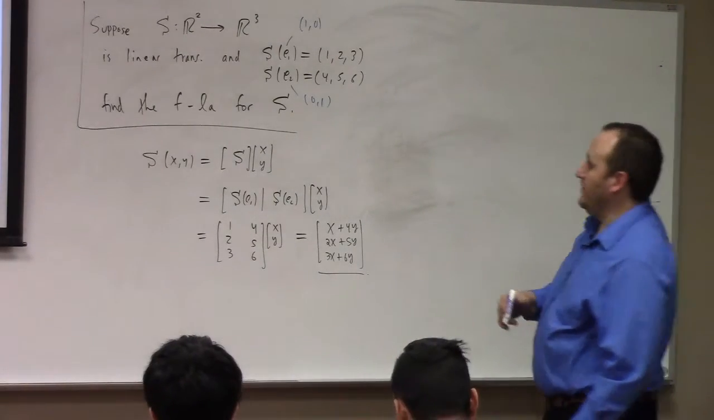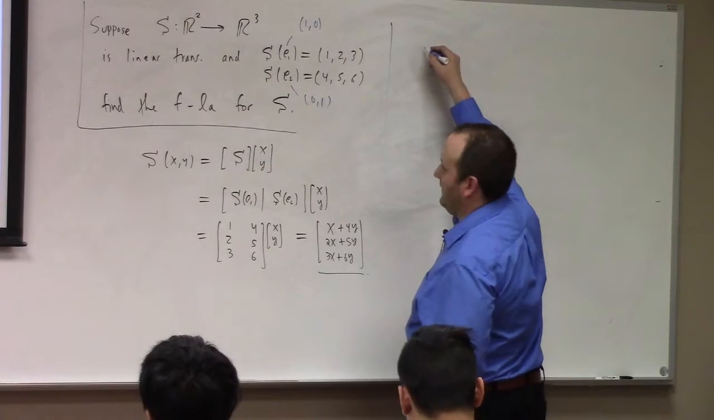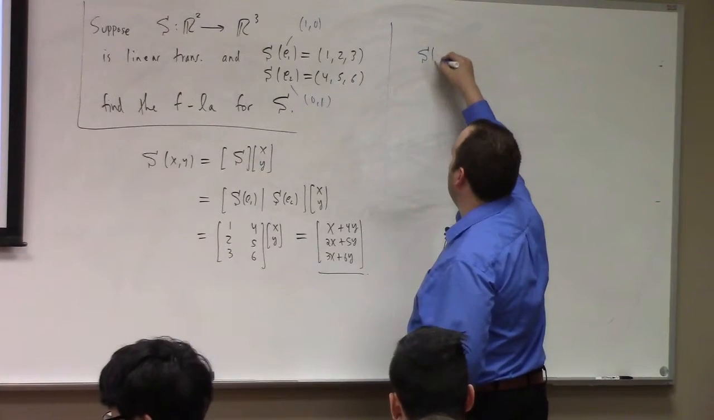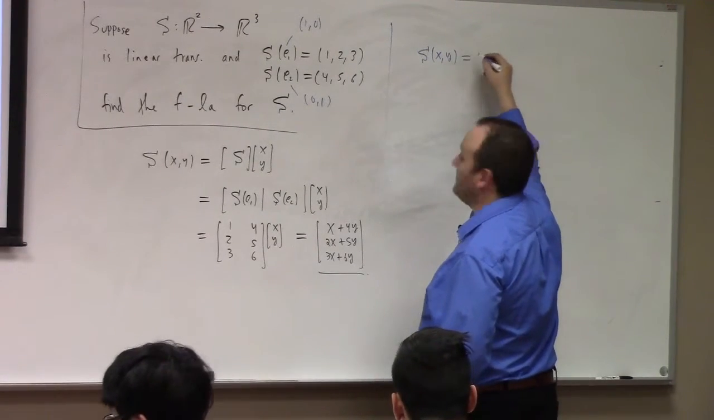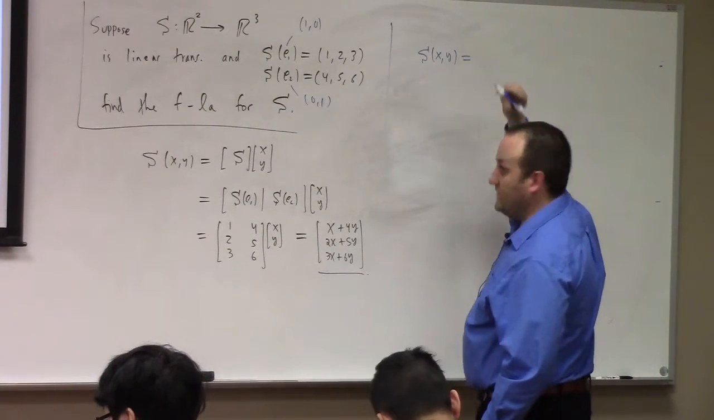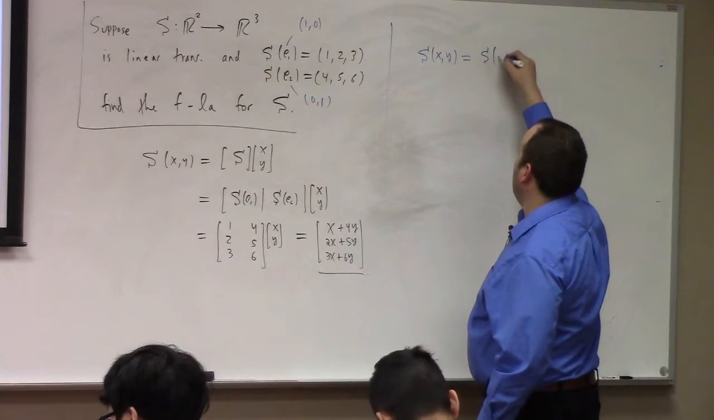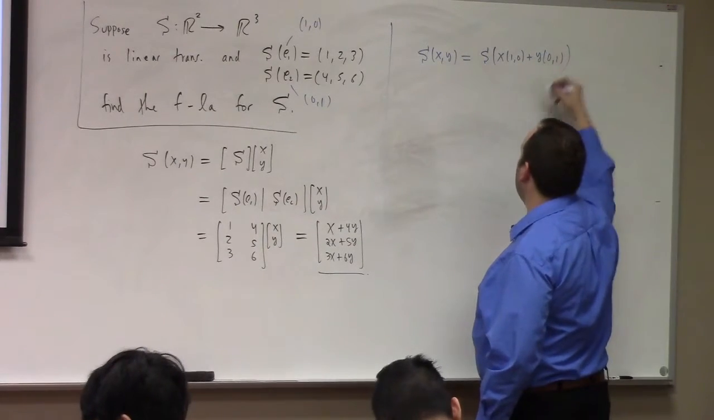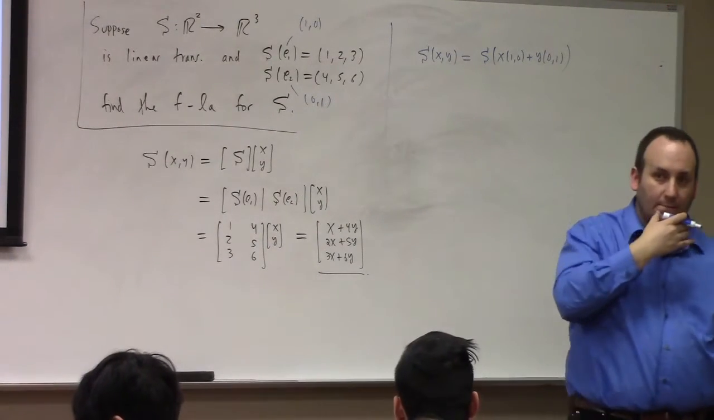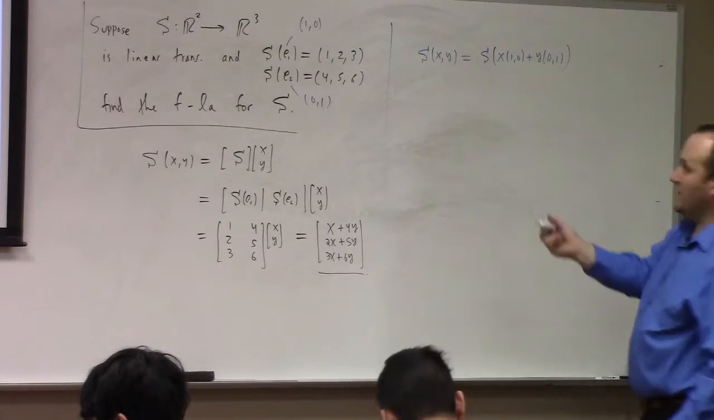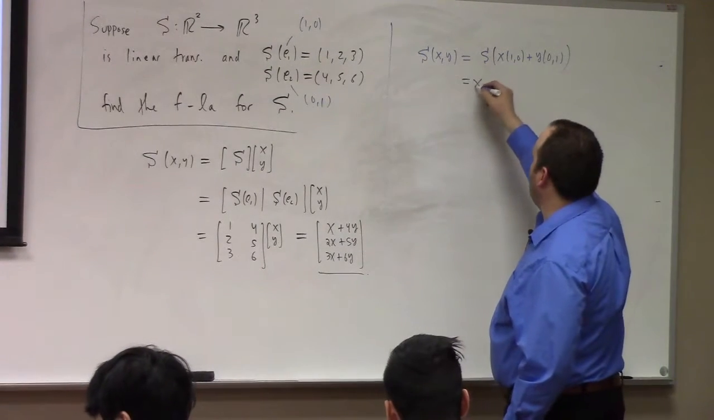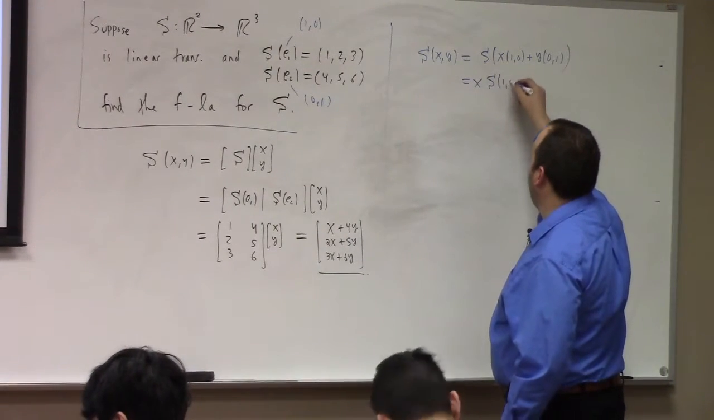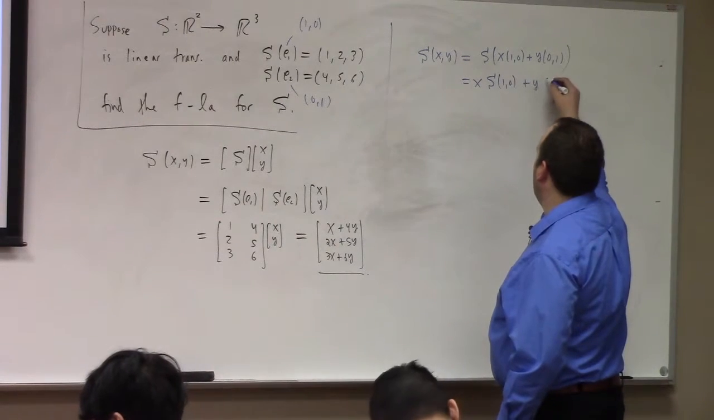So here's another way we could do the same example. If I want to calculate S of x comma y, and maybe this is even faster, right? Then this is equal to S of x times 1, 0 plus y times 0, 1. Do we agree? But if the linear transformation is homogeneous, I can pull x out, right? And I can pull y out,